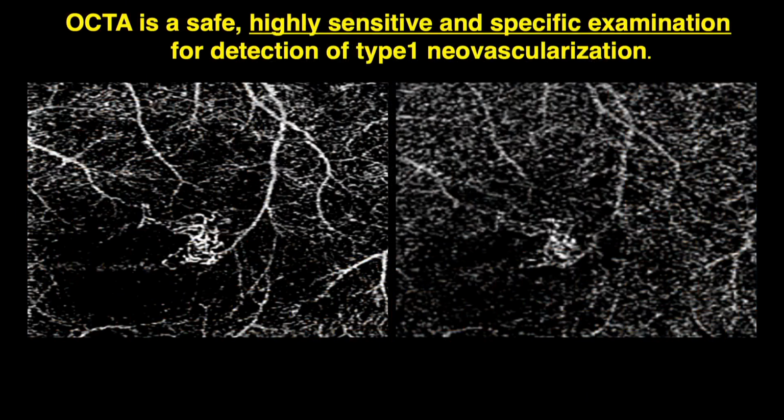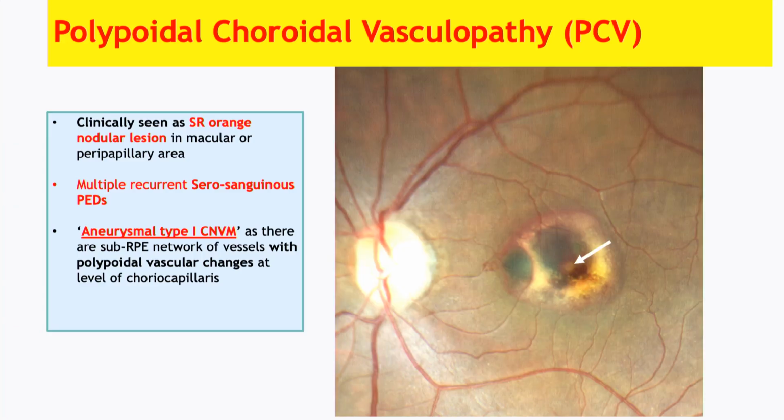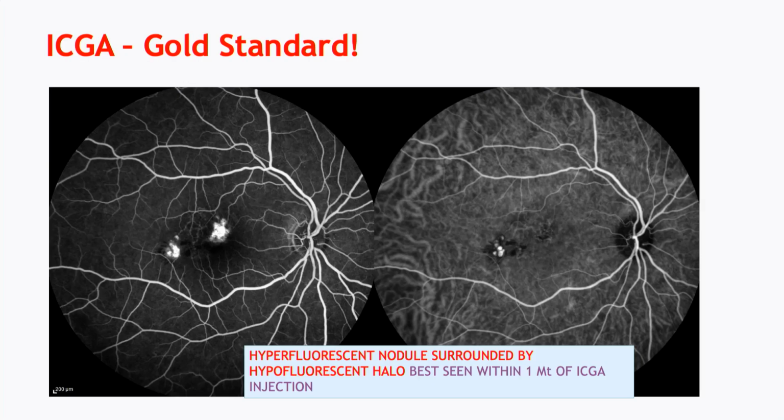So OCTA is highly sensitive in picking up this neovascularization, whether the first type which we mentioned as secondary CNVM in the setting of chronic CSC, or a de novo neovascularization as pachyneovasculopathy. So in PCV also, the OCT and OCTA combination has revolutionized the serosanguinous maculopathy. ICG used to be the gold standard with hyperfluorescent nodular lesions in the first 1 to 3 minutes, but now